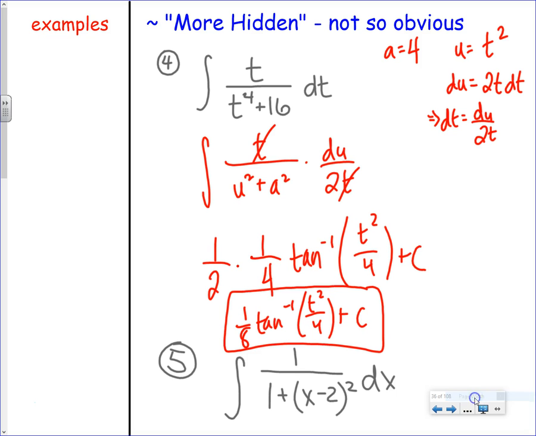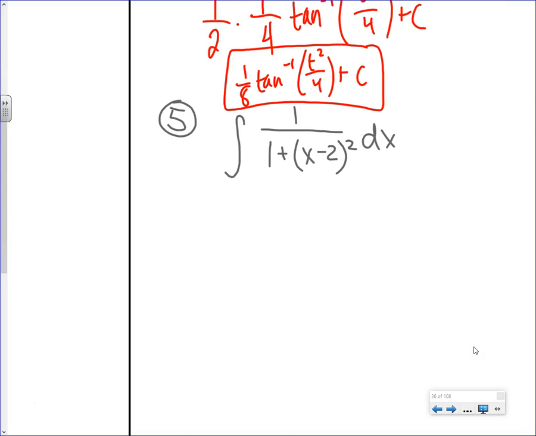Sorry, number 5. It's a little too zoomed out. I'm not going to do the whole thing for number 5, but can you tell that this is also inverse tangent? A would equal 1, and u would be x minus 2. So you can have other things being squared. du is equal to dx. That's nice. Pretty quickly we would get 1 over